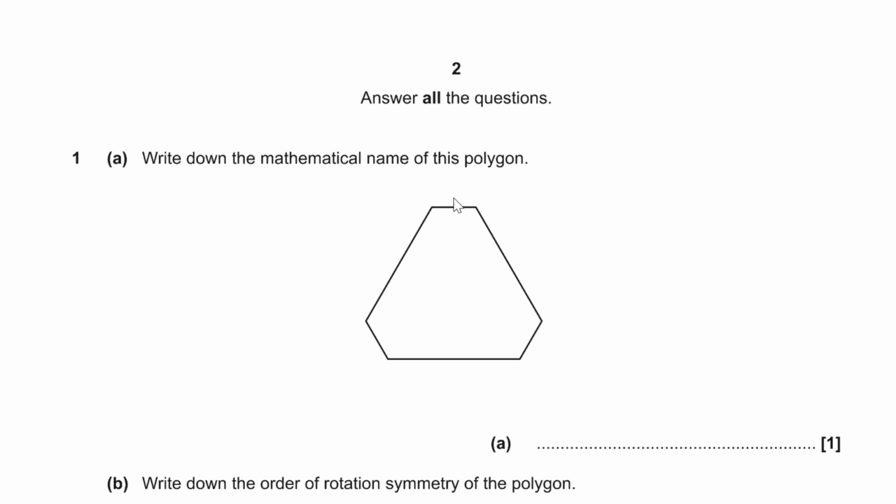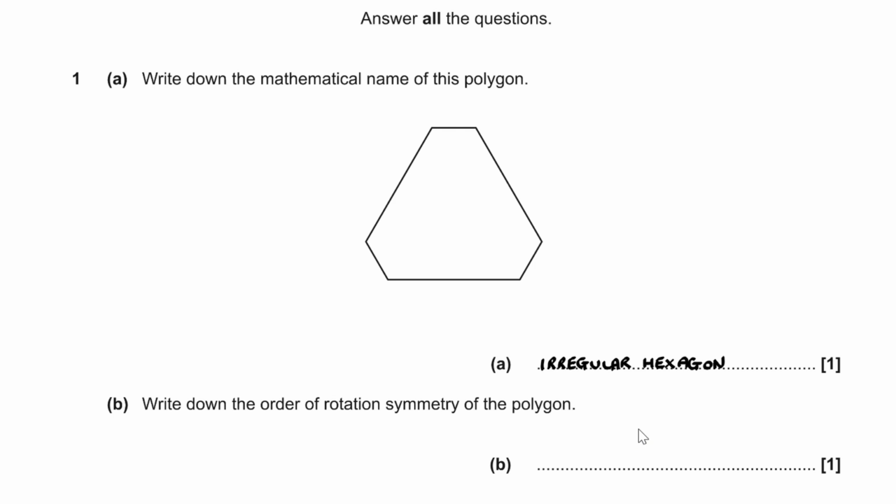Well, what you can see here is we've got 1, 2, 3, 4, 5, 6 sides, and therefore we have a hexagon. And of course you'd notice that the lengths are not all the same size, and therefore what we have is an irregular hexagon. And now for part B, we have to write down the order of rotation symmetry of